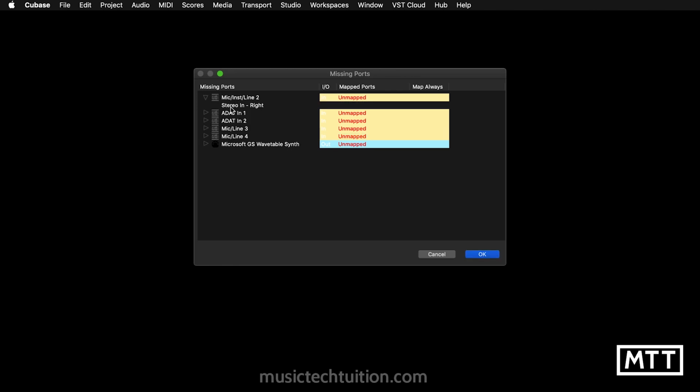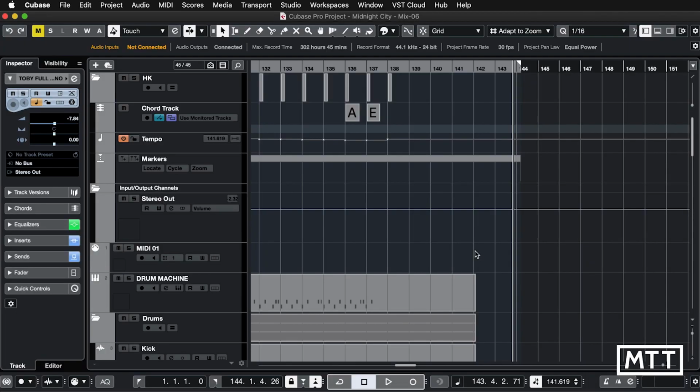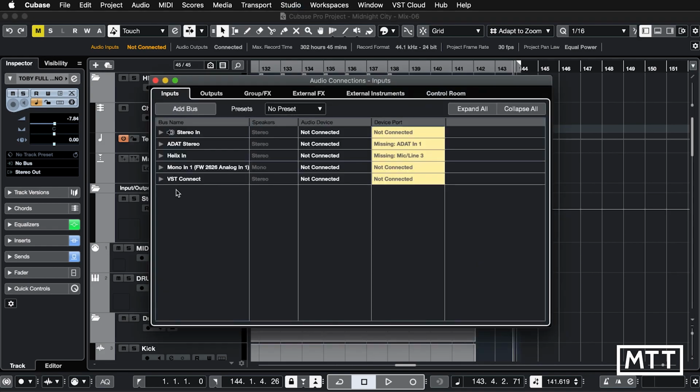Here we have the different stereo ports, which you could map, but in fact what I'm going to do is leave those, and then I'm just going to do them in the audio connections window because I think that works a little better. So just going to click OK here. Now if we load the window up, we can see that on the inputs, this is one of my studio setups. So at the moment nothing is connected,